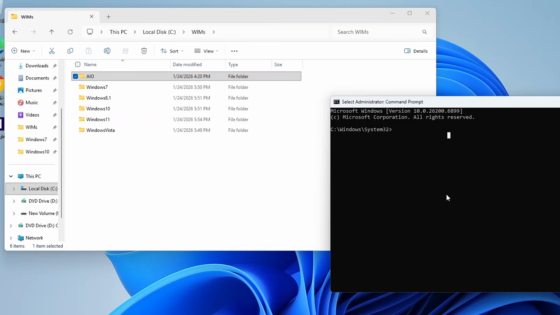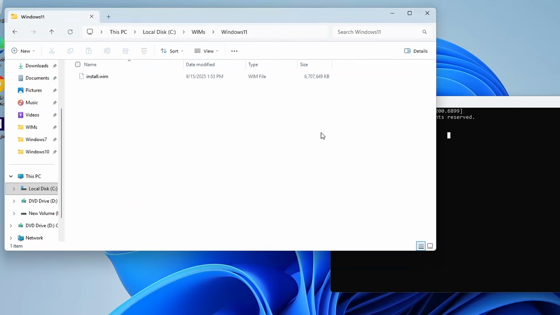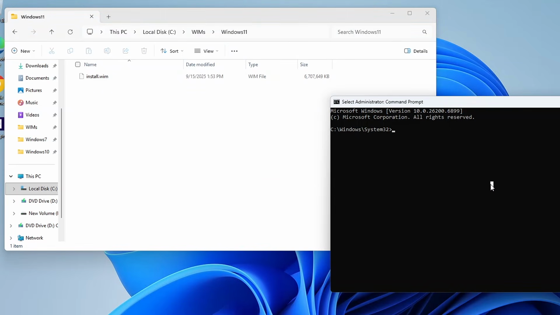So first we just need to get info on the Windows 11 WIM file. To do that, we need to look into the file and look at what editions are currently in the WIM file. I think we already know that it has pretty much every single one, but just for proof of concept, and we need to do this for all of them anyways. So WIM file,